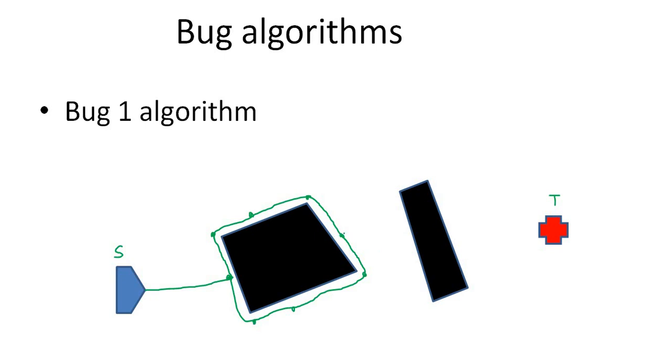Okay, so let's say this is the closest point. So the robot will again move toward here,